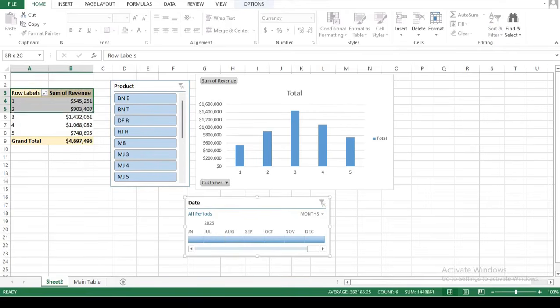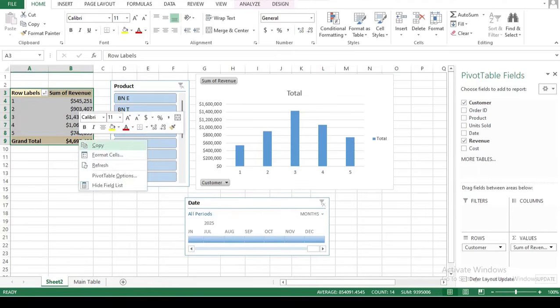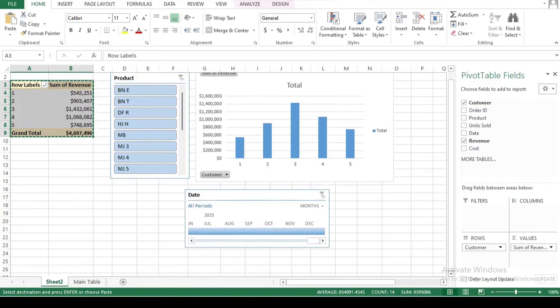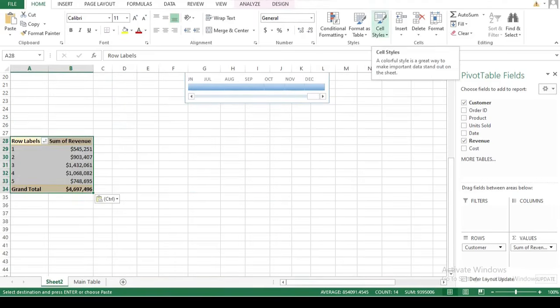When you highlight the pivot table and copy it to a different location in the same worksheet, a duplicate pivot table is created that shares the same pivot cache or data source. However, this copied pivot table does not affect the existing chart or timeline. They remain connected only to the original pivot table. Any filters or slices applied to one pivot table won't automatically apply to the other unless you manually link them using slicer connections. The chart and timeline will continue to respond only to changes made in the original pivot table